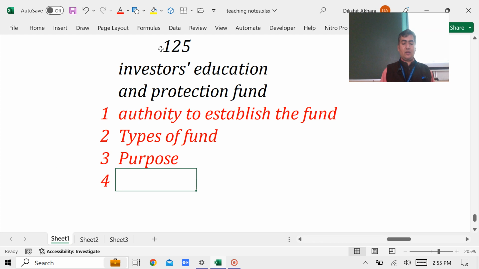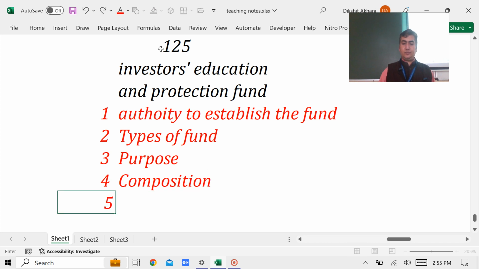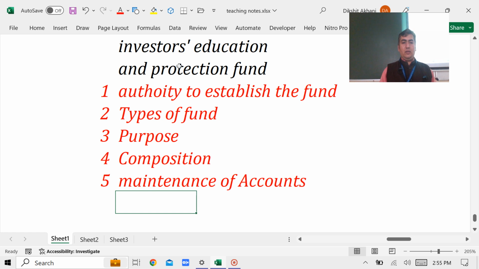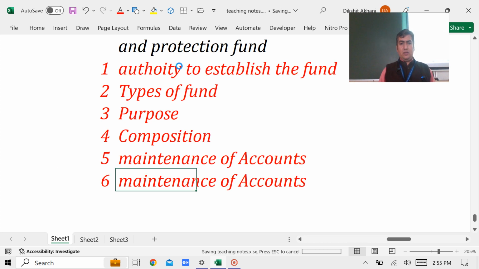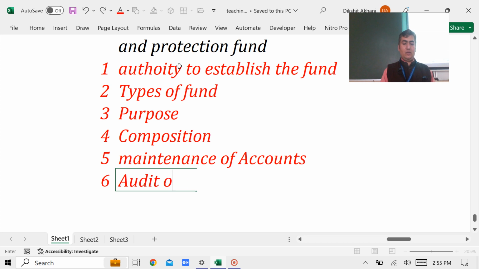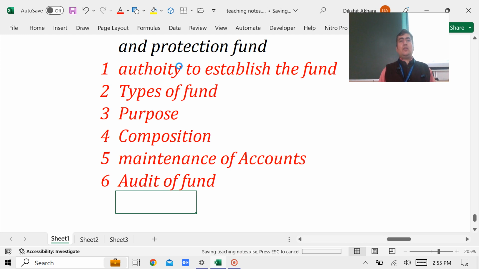Fourth, composition. Fifth, maintenance of accounts. And the last one is audit of the fund. So these 6 questions हमको समझने हैं,